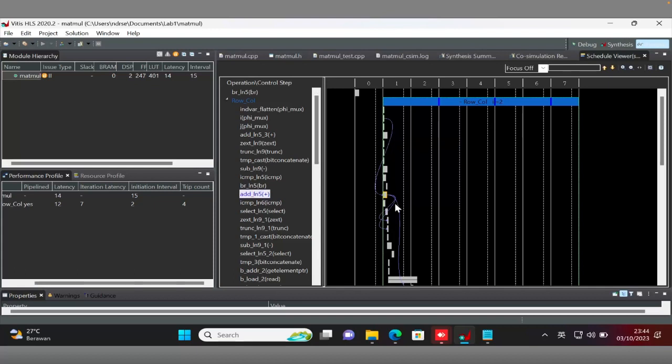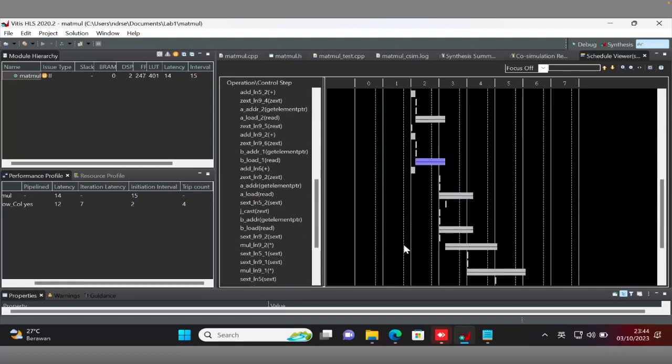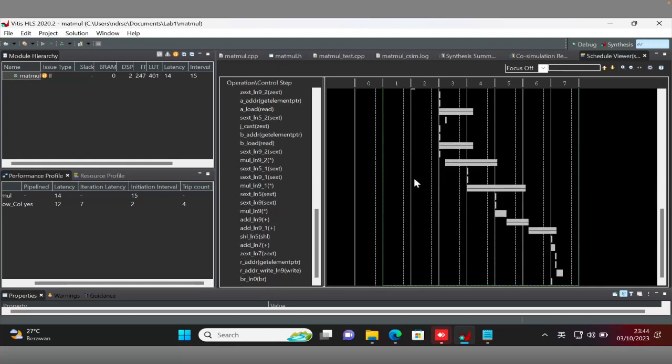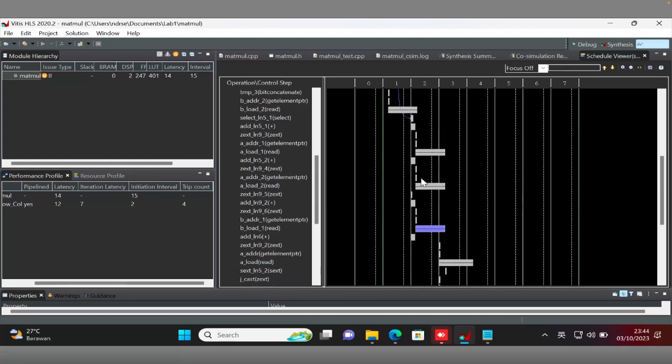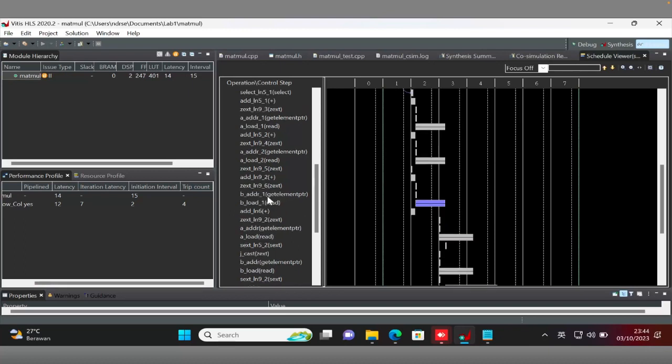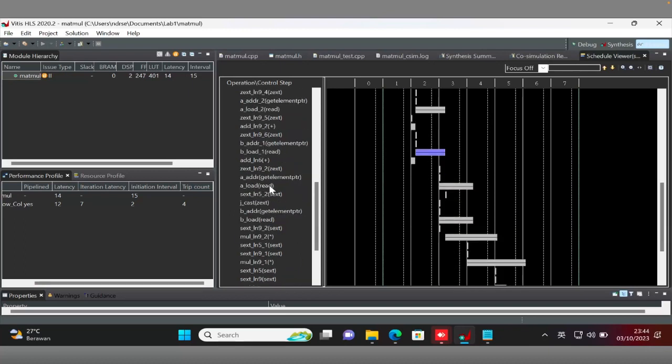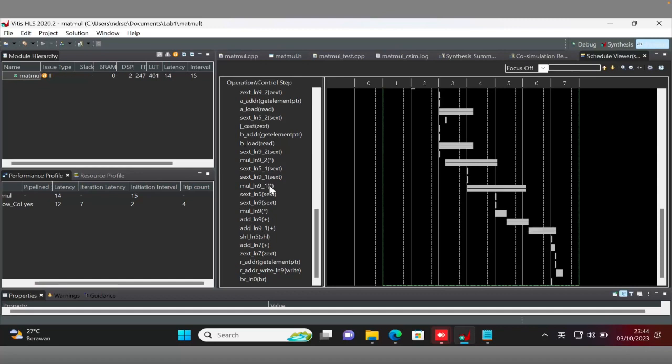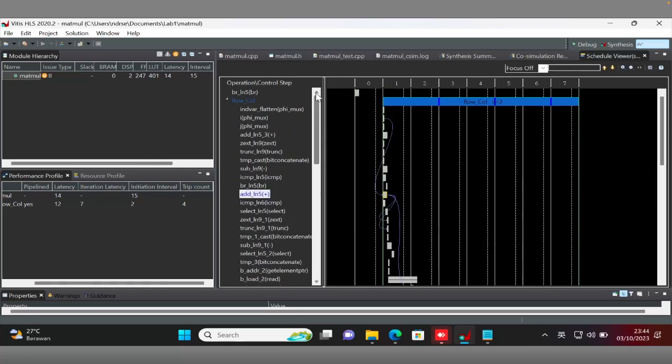This is the loop where they process the loop. They make the device one by one, and after we synthesize the C simulation,